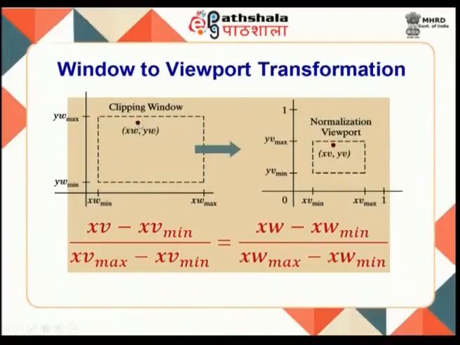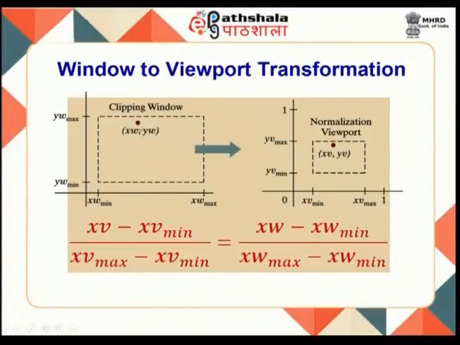Here, what we wanted to do is take the percentage distance of this point, rather than simply calculating the distance of the point from the left boundary. What is percentage distance? If you treat XW min and XW max as the total distance, that is XW max minus XW min as 100% distance, what is XW minus XW min? What is this distance in the total distance?